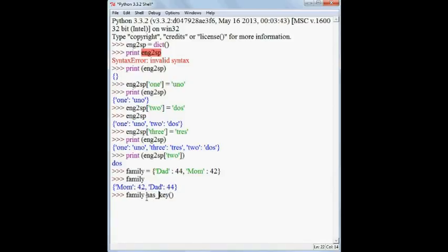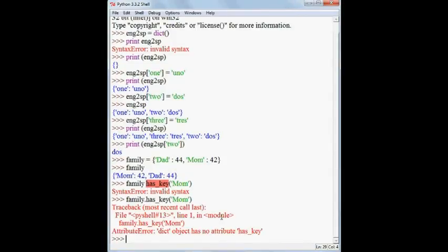If I check in family, dot has_key, and in parenthesis the key, this is how you use has_key. In Python 2 it works, but in Python 3 they have removed this method.